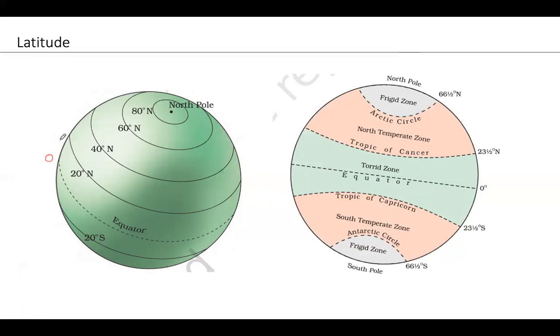So they marked 10 degree, 20 degree, 30 degree, 40 degree, and so on until 90 degree. You know, a circle is 360 degree. So they divided it into exactly four equal parts and it becomes 90 degree. So the upper part will have up to 90 degree and the lower part again will be 10 degree, 20 degree, 30 degree. At the top we call this the North Pole. At the bottom the same, we call it the South Pole. So this is 90 degree North, the North Pole, and this is 90 degree South, the South Pole. And this one we call the equator.